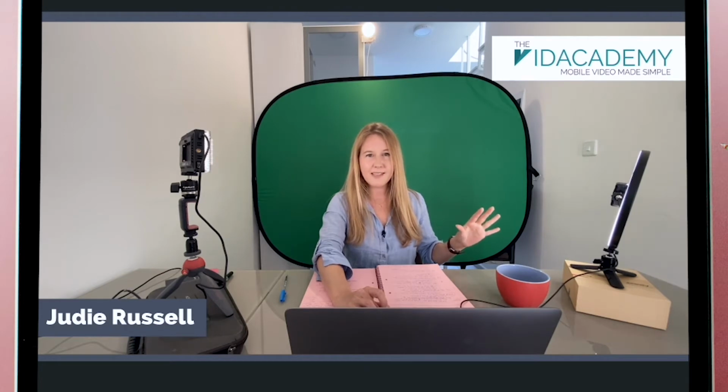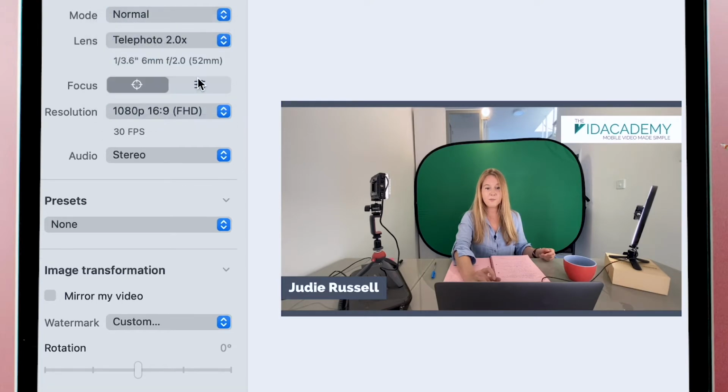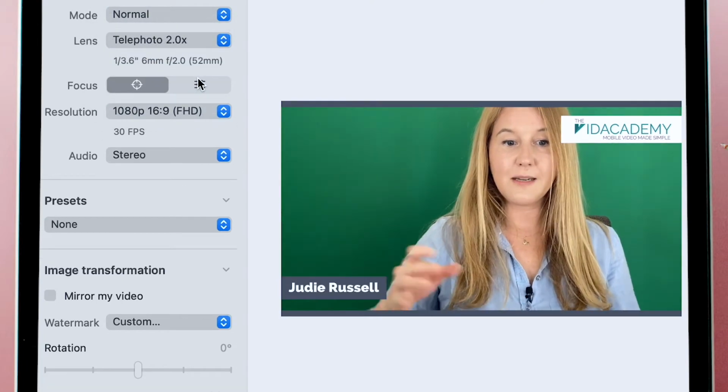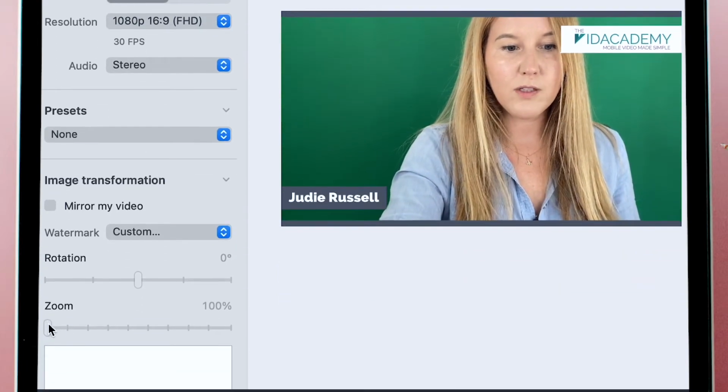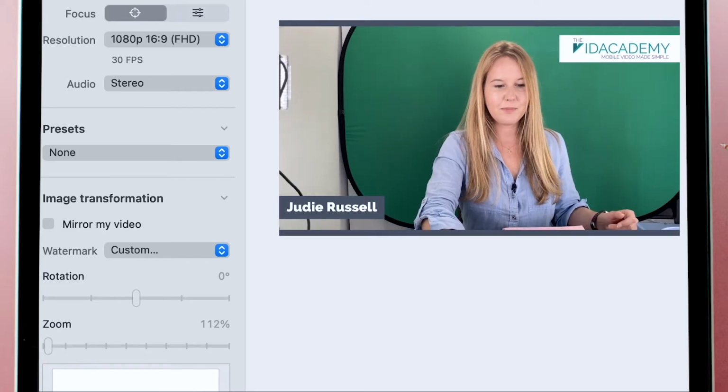And that can be really nice if you're delivering long presentations, because you can switch up what the viewer is seeing so they're not constantly looking at the same frame for the whole thing. And then I can also go telephoto, which will be a more zoomed in image. And then I can also zoom it in a bit and move what you're seeing on the frame. But I will just go back to my wide photo because I did have that zoomed in, and I shouldn't be zooming, but I am.